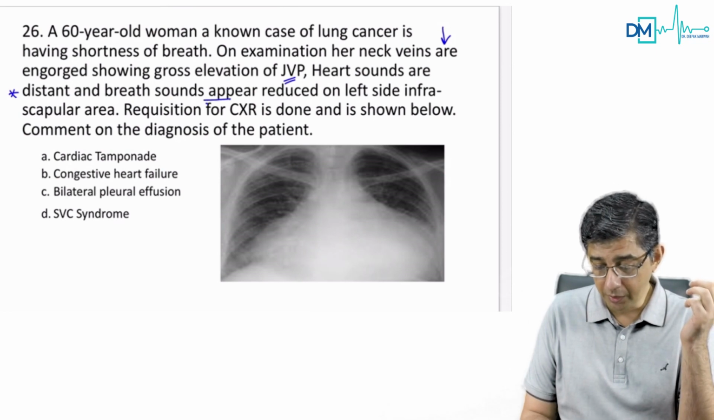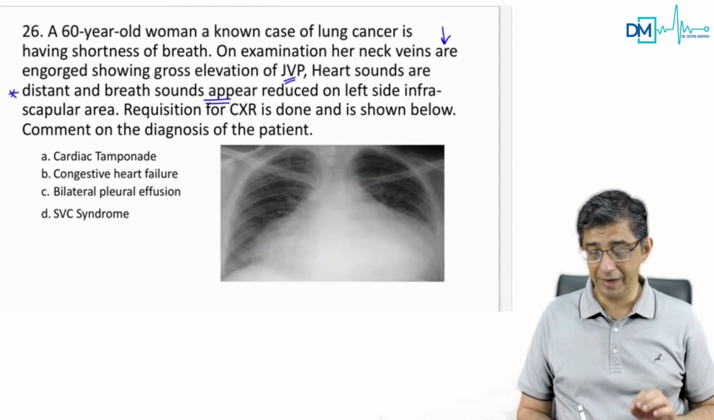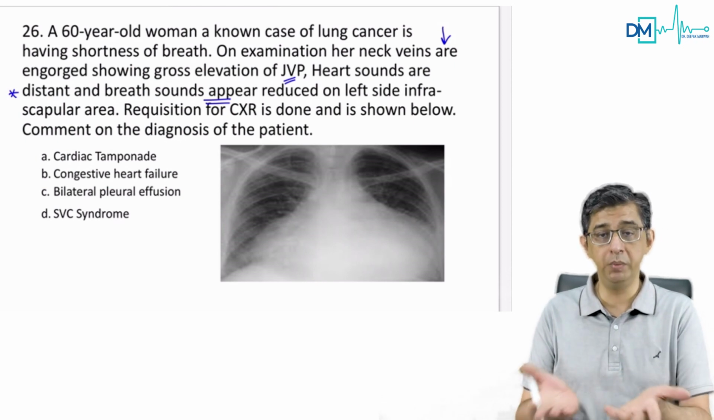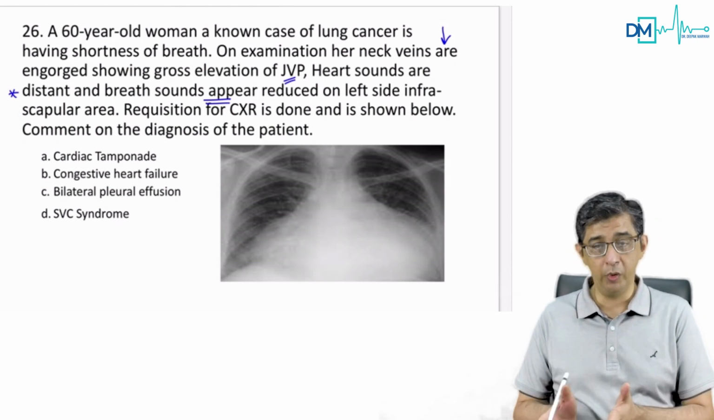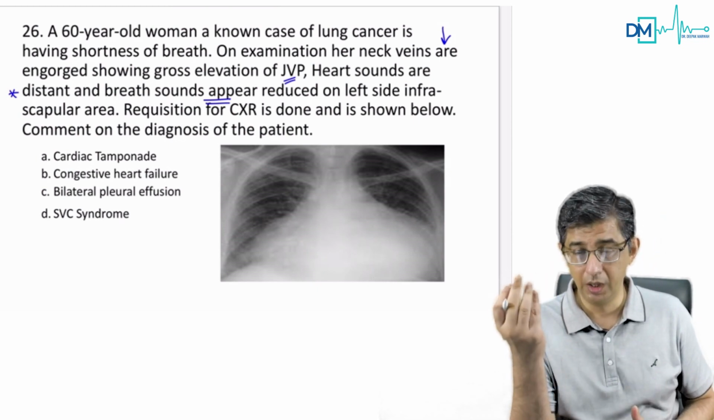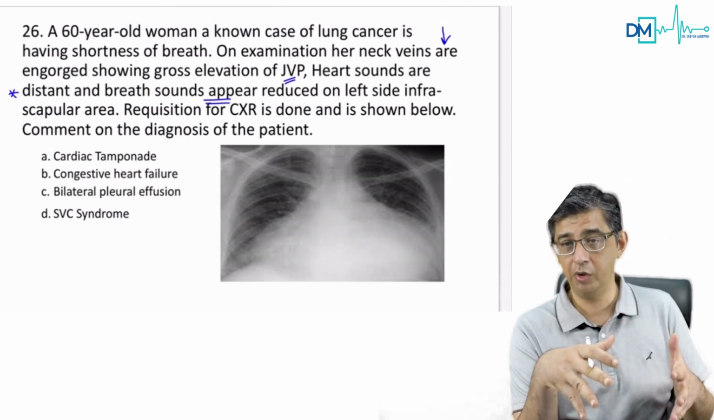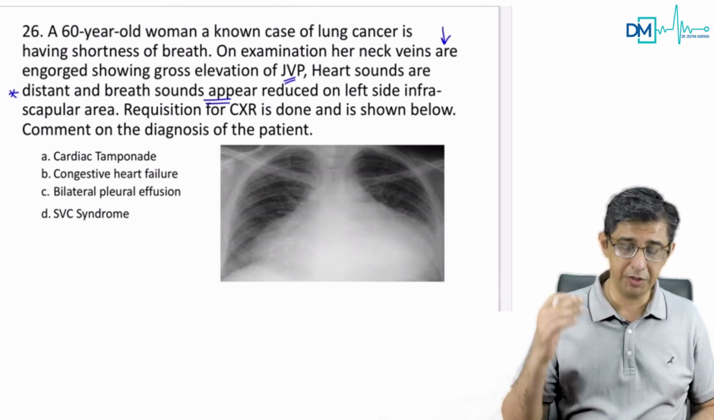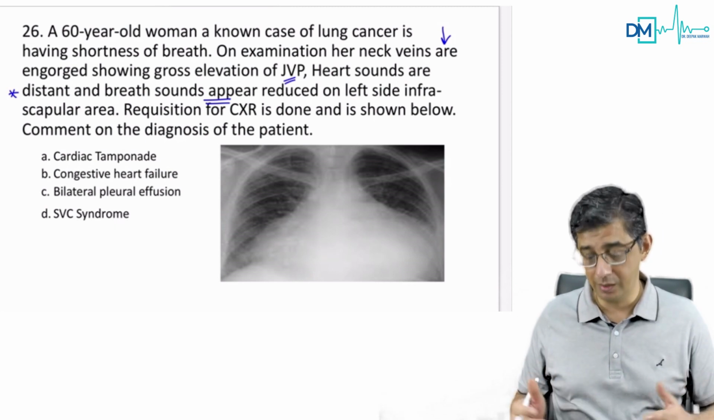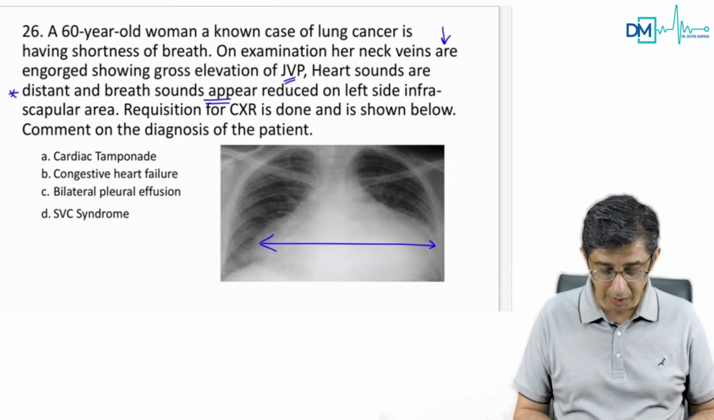The breath sounds appear reduced on the left side. That was the point that caused confusion in the minds of students, because if breath sounds are reduced, it could be pleural effusion also. But my point is that there are three features pointing towards cardiac involvement in this case. What are they? Elevated jugular venous pressure, distant heart sounds, and a significantly increased cardiothoracic ratio, because what's happening in this case is